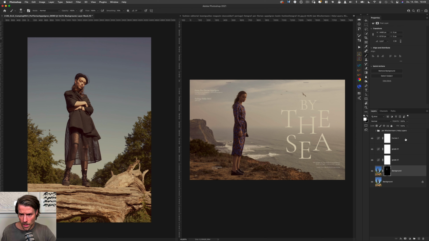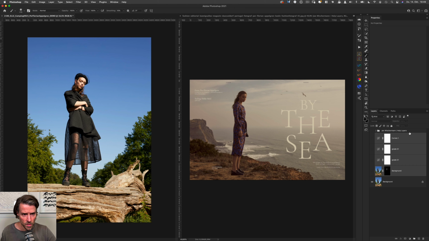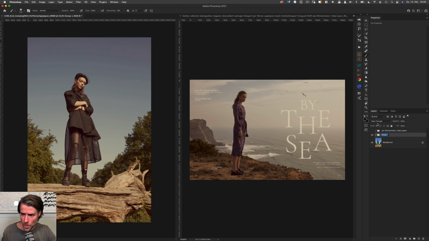Okay, I think now we have the same look and feel. If we compare that, it matches very much better to this image, and we can make a group out of it, call it grade 1. We can delete those help layers and go to the next image. All right,